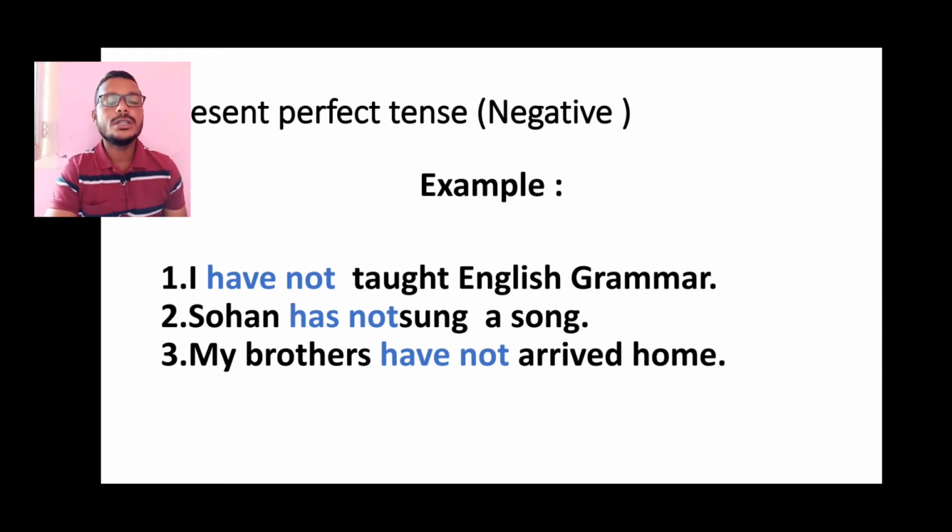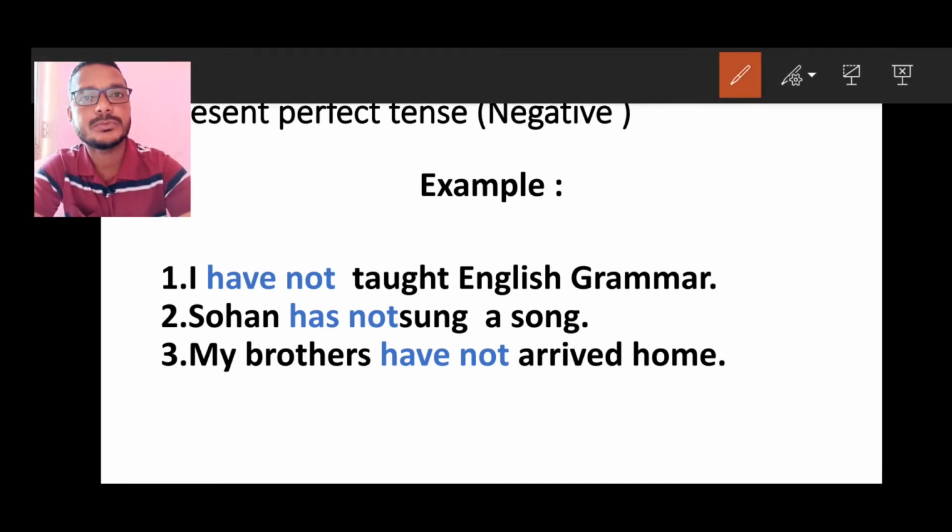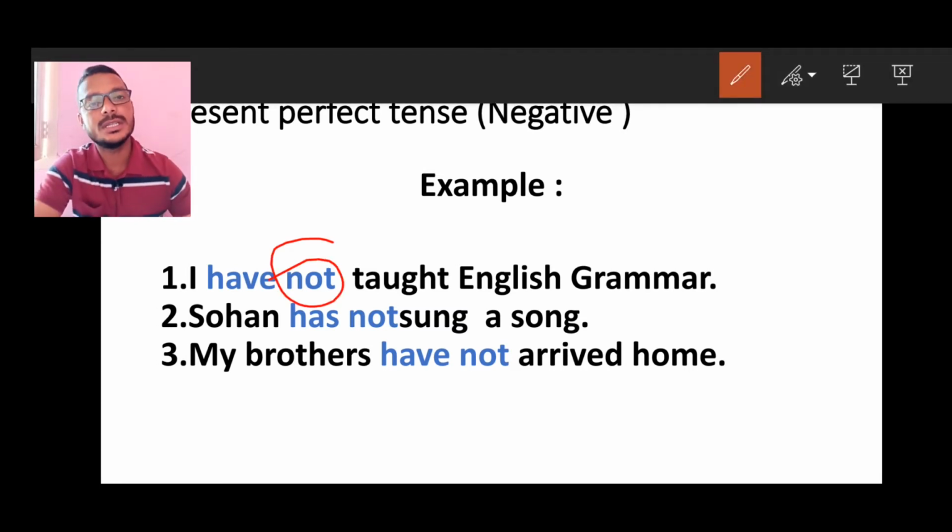See, I have not taught. I have taken the same example so as not to confuse you and to make you understand better. I have taken the same example and I made it negative. I have not taught English grammar. Not is here. Not is a negative sensing word, and if we add not in the sentence, it will become a negative